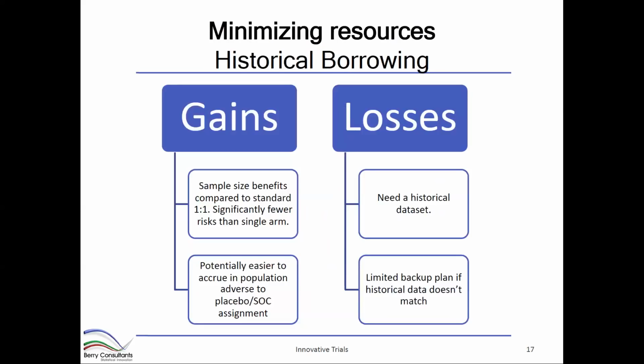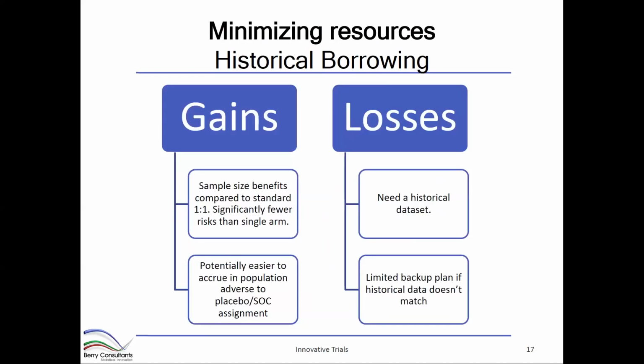The benefits and risks look a lot like single-arm trials, but they're mitigated here. So the sample size benefits are smaller but go in the same direction. We also potentially find it easier to accrue. We need a historical data set, again, and the other aspect here is while we can test our assumption that